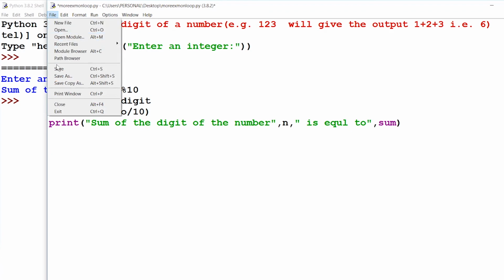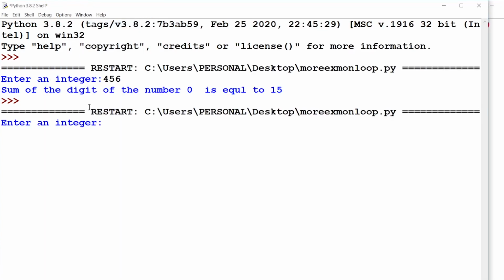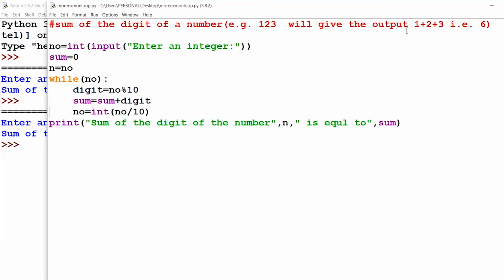Let's see, now it should run. So again I am giving another number, 567, so it should be 18. This time it is showing 567. I intentionally gave that so that you can clearly understand why it was coming 0. That means the last value of number was 0, that's why it was coming 0. So to get the original number, we always have to put the number inside another variable. So for this program it is over.